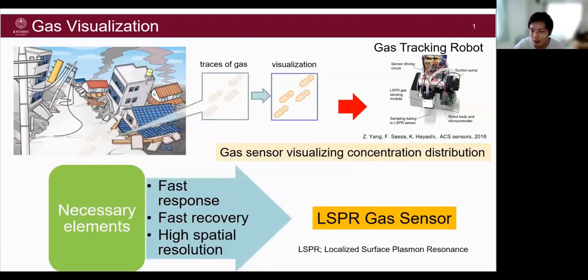In our daily lives, there are various dangers that accompany us. It is very important to develop sensors that can detect such dangers. One of the most useful applications of gas sensors is the real-time visualization of gases. By detecting and visualizing traces of gas, it becomes easier to utilize various information, such as identifying the source of